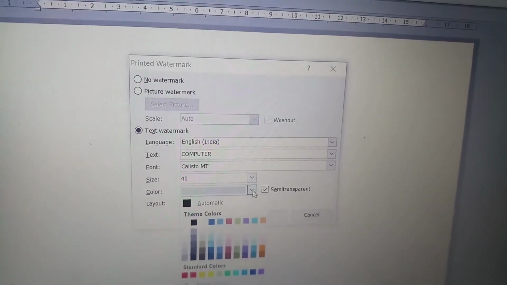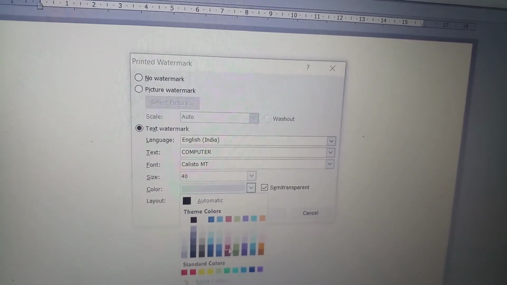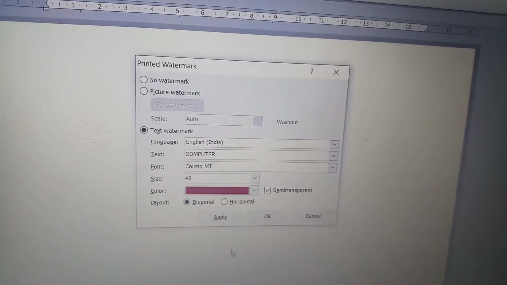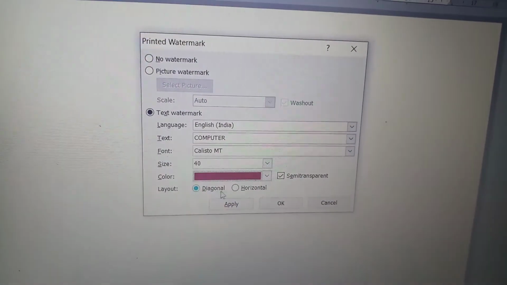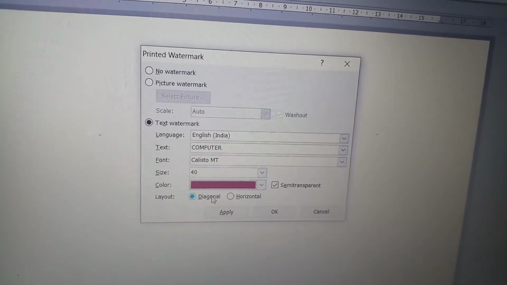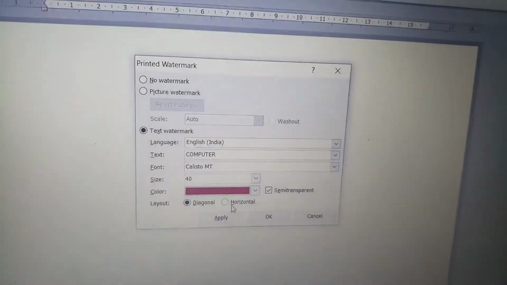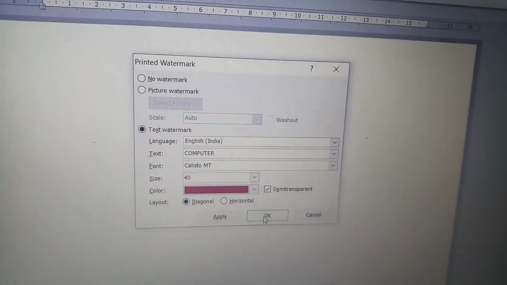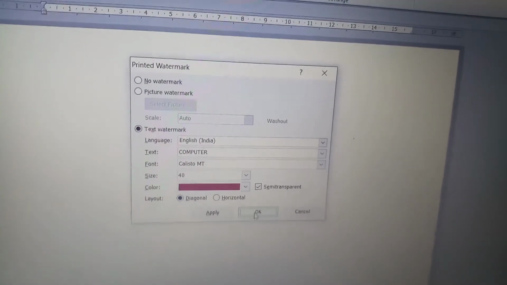You can choose accordingly, as I just want this color text in my document. And you can choose diagonal or horizontal. In the diagonal, the text will come in the diagonal form, otherwise it will come in the horizontal way. After clicking diagonal or horizontal, click on OK button.